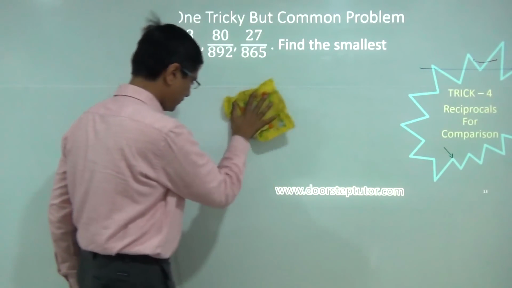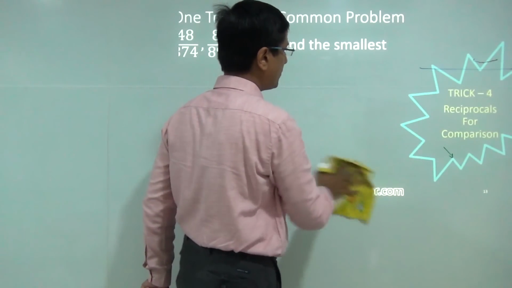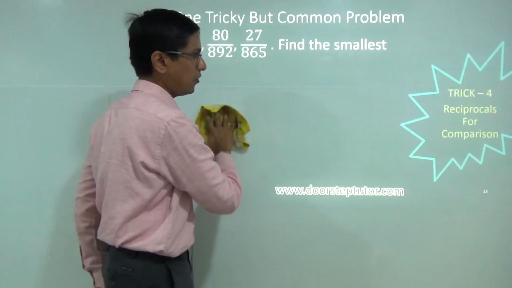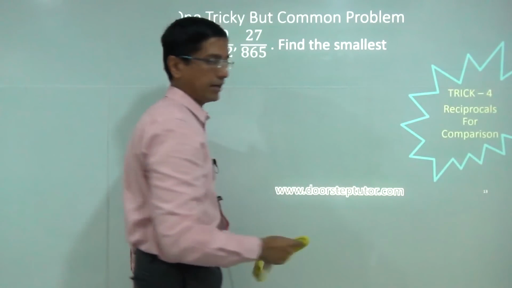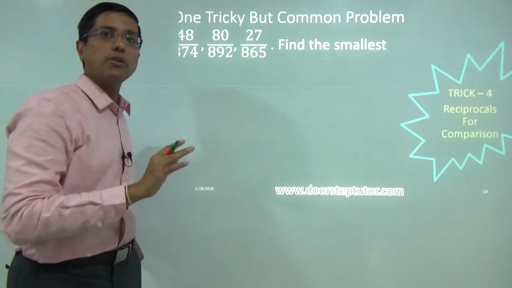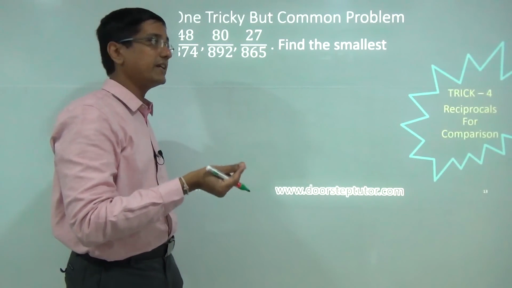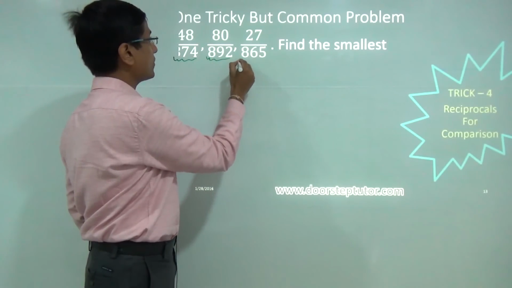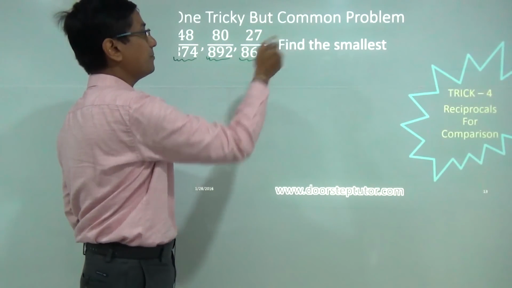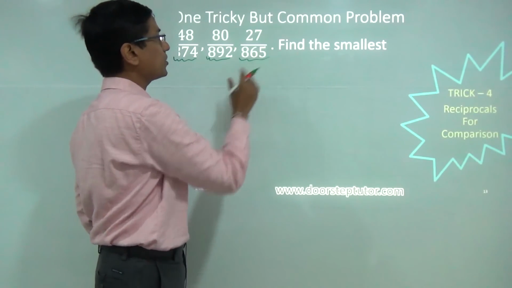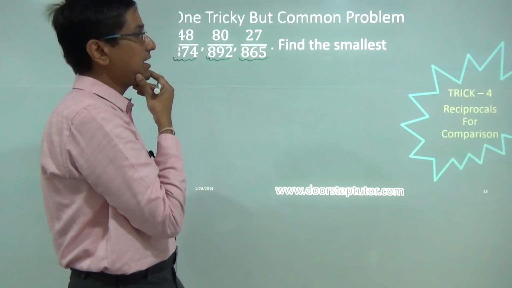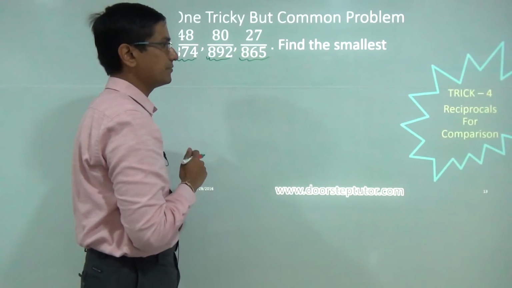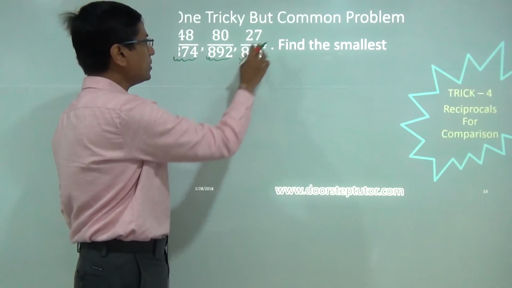This is another illustration of the same concept, but here I am trying to show one more very important idea. This is our trick number 4, and again this is very important. Nowadays in a lot of problems and exams, aptitude related exams also, I am seeing that examiners are liking this comparison problem. This is also taken from one of the exams, and these problems are appearing very frequently, comparison of fractions. So let's look at this problem.